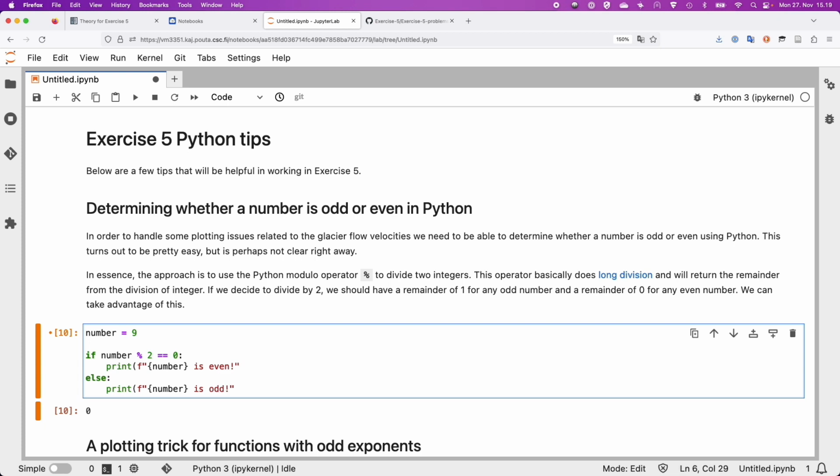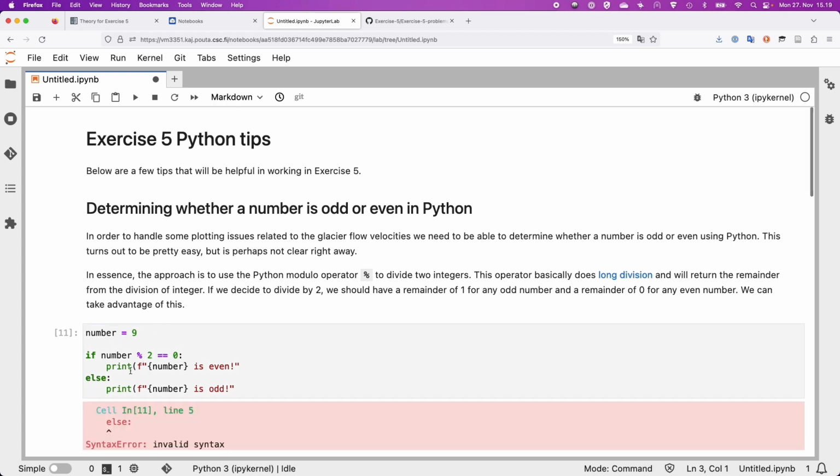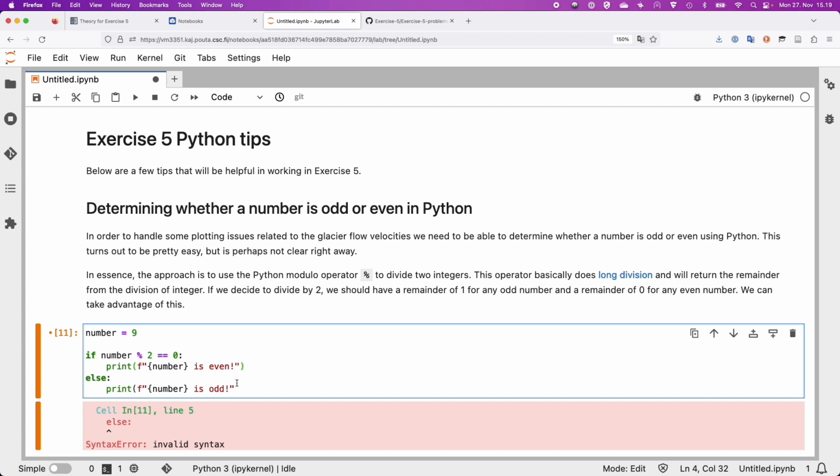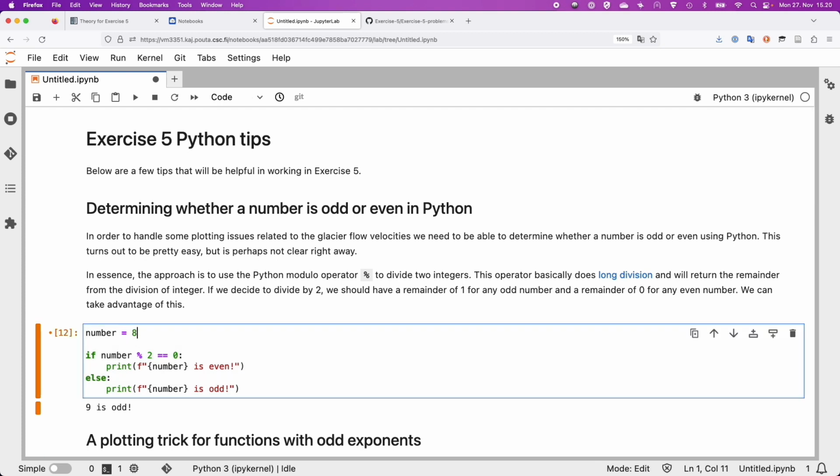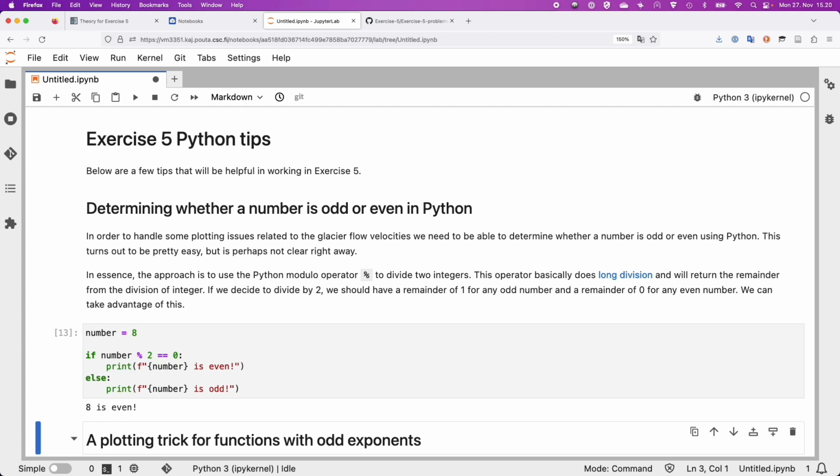So like this, there we go. Like that, we can see that 9 is odd. And if I change this to 8, we get 8 is even. It's a simple trick, but that's the fastest way to figure out if a number is odd or even, as